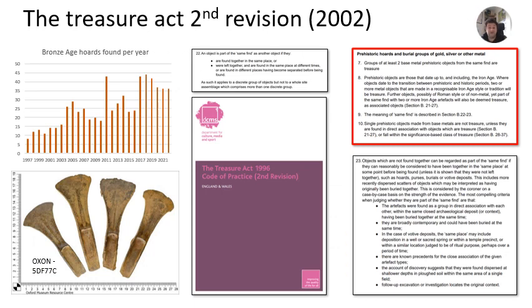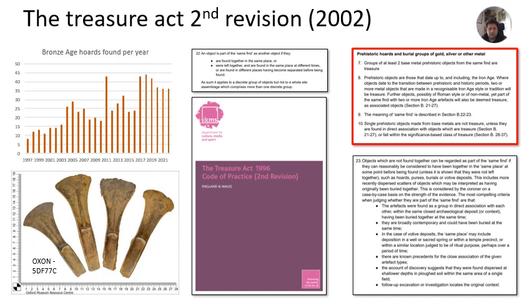Now, this is unsurprising because it was in 2002 that we had the second revision of the Treasure Act. And this placed a legal obligation on metal detectorists to report Bronze Age metalwork hoards, defined as having two or more base metal objects originally deposited in the same place at the same time. And as a result, we saw the reporting of these Bronze Age hoards increase massively on what had been recorded